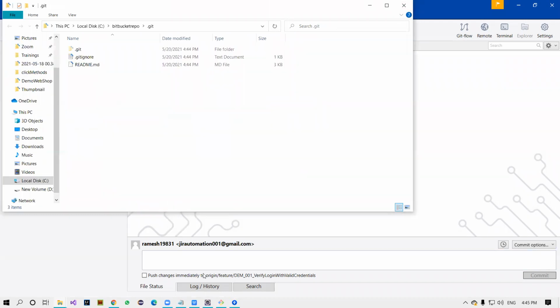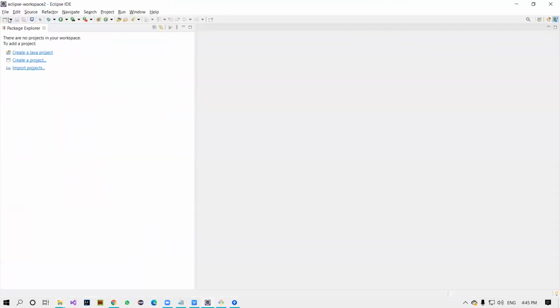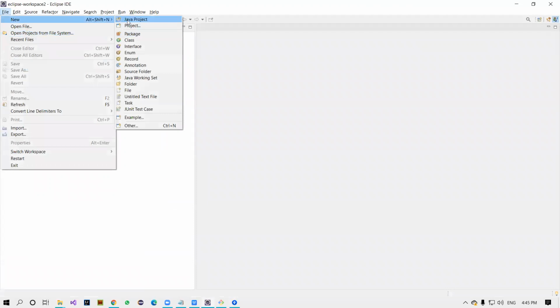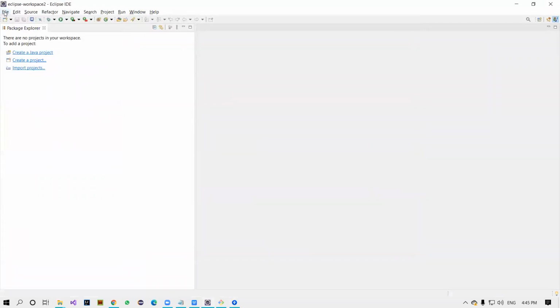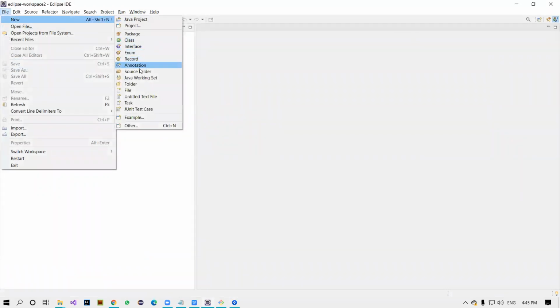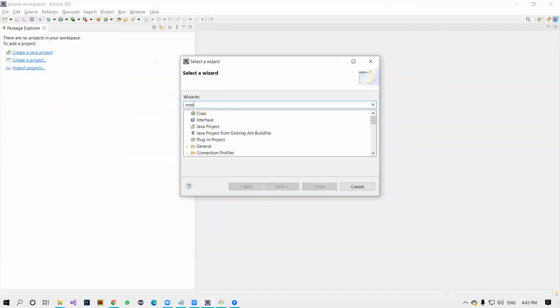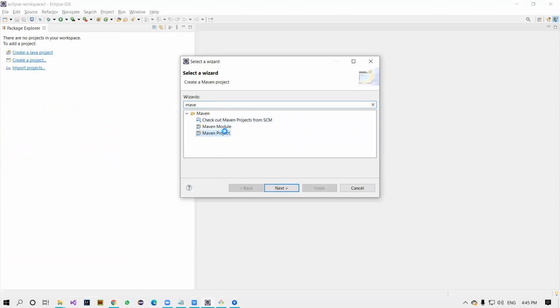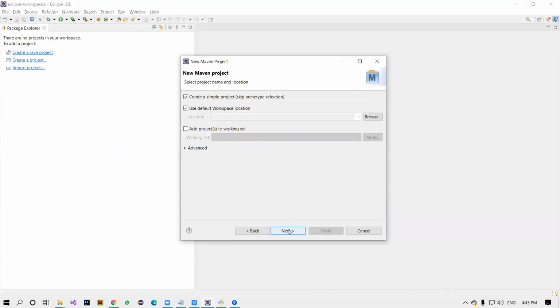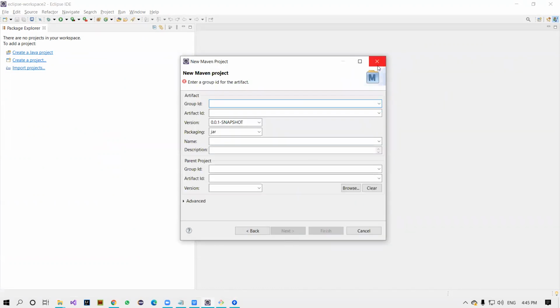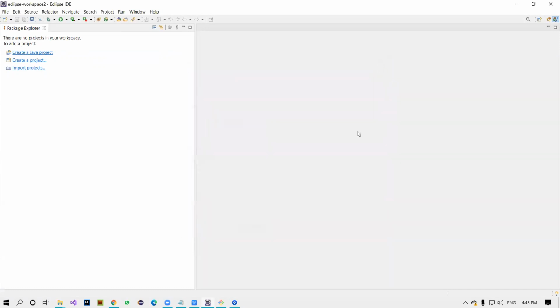I'll do one thing. I'll create a new project over here for the time being. I'm going to create a Maven project. Already a project is there, but let's see. I'll do one thing because we have to work on some kind of task.